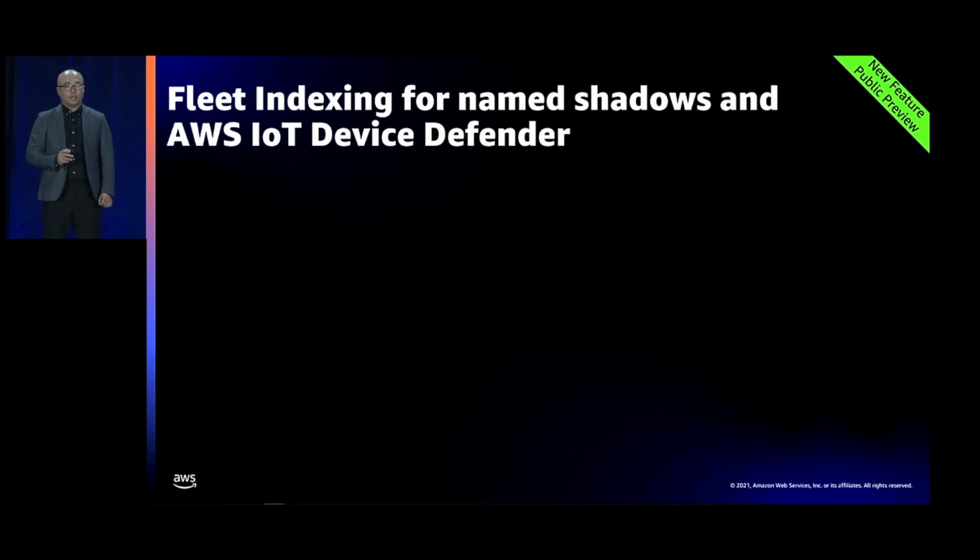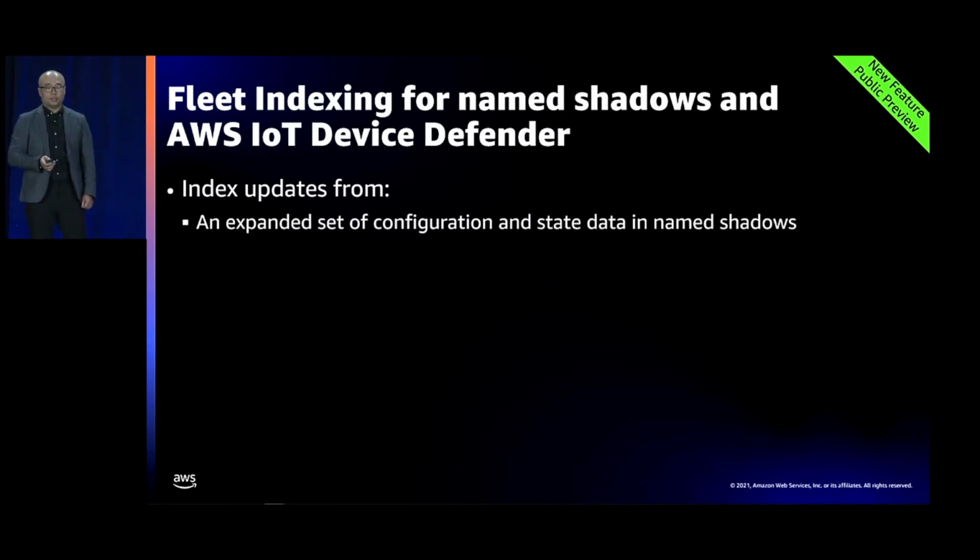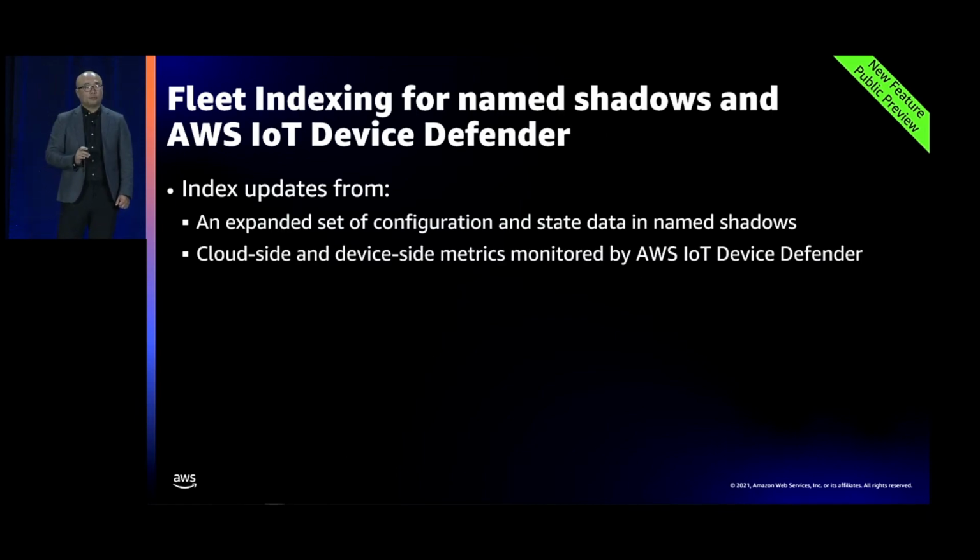The last new feature today is that fleet indexing can help you perform queries, target devices, and gain greater operational insights based on data stored in IoT core named shadows and IoT device defender violations. If you are not familiar with the term shadow in AWS IoT, just in case, there are two types of shadows. Classic shadows provide you extended capabilities to device-side information. For example, more attributes can be updated through MQTT, standard data structure using desired values, or a delta between a reported value and a desired value.